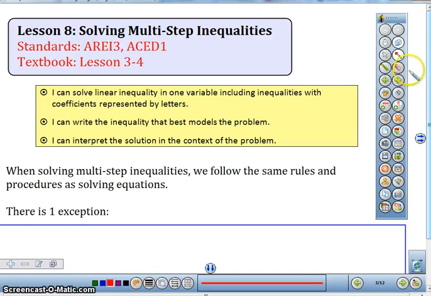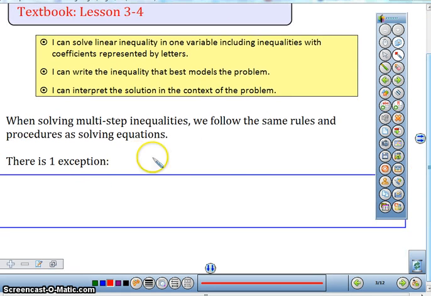Today we're going to look at lesson 8, and in lesson 8 we're solving multi-step inequalities. So when you're solving multi-step inequalities, one of the key things, if any of you watched the video that I had last night, is that we follow the same rules as solving equations, but there's one exception. And the key thing is that